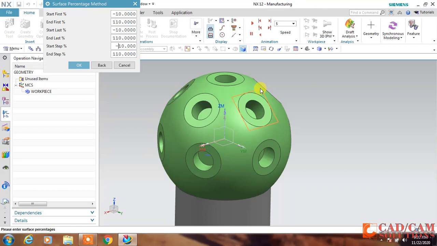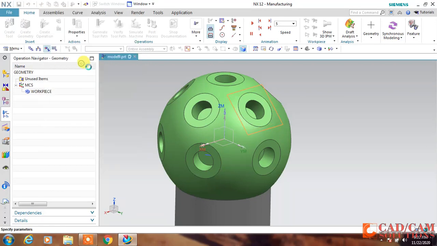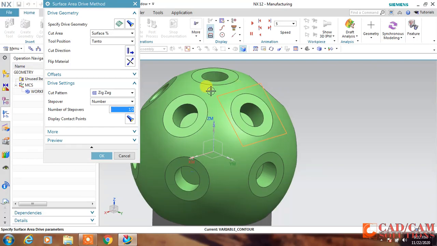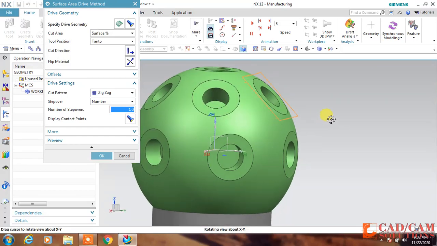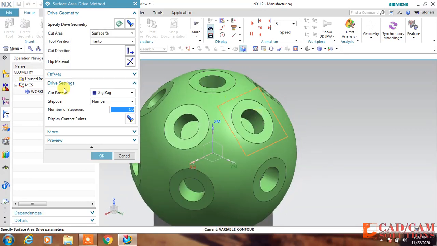So the tool path will extend 10 percent in all directions, and click OK. See, this cutting area is extended by 10%. Okay, and my direction is already defined.